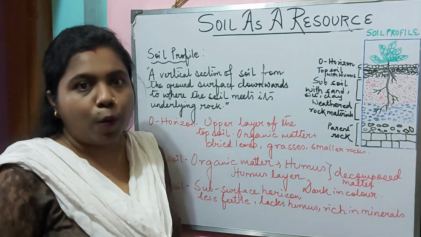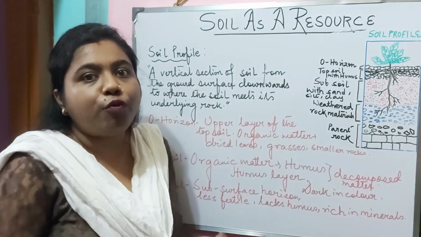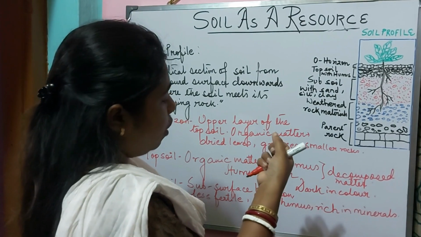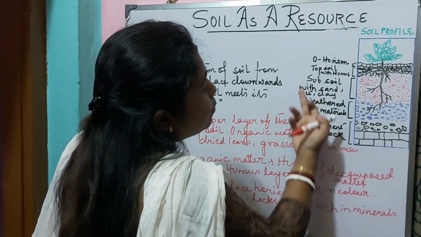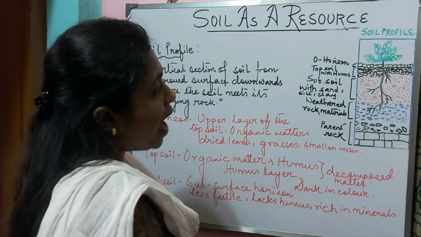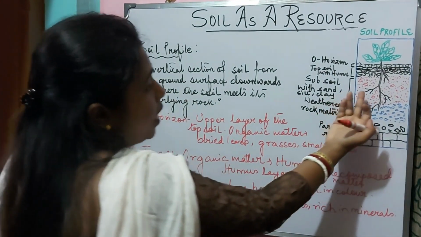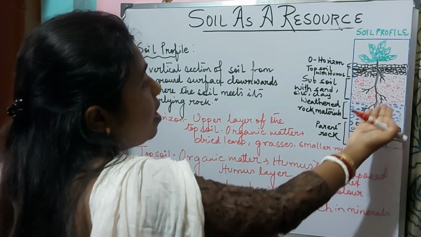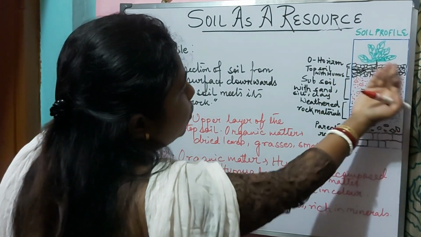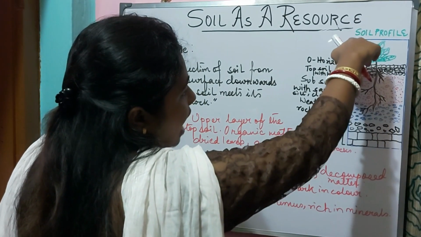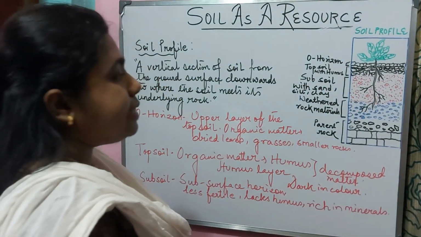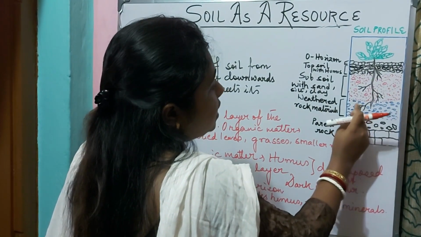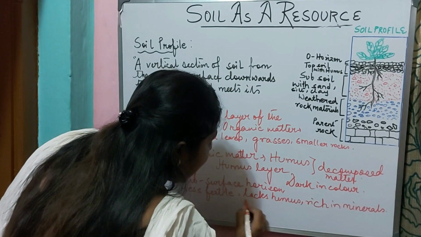As I said, when we bore a well or tube well, we will notice that the topsoil is dark brown in color, whereas the subsoil is lighter in color compared to the topsoil. It also lacks humus, but it is rich in minerals because the minerals from the topsoil get leached, washed away and seep down to this layer of the subsoil. This is a layer where we will see that the weathered rock materials get broken up into sand,